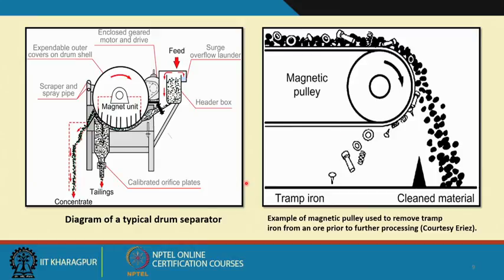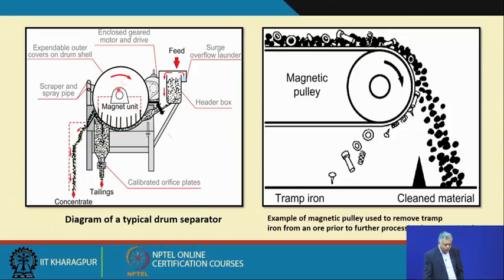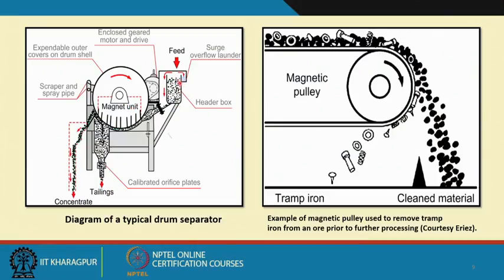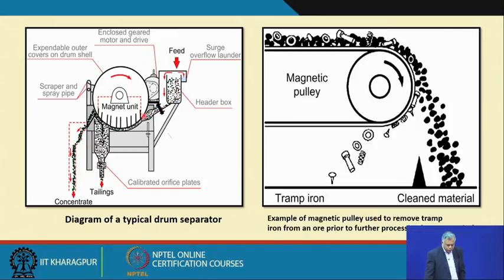These two are showing the two commercial designs of magnetic separators. This is called a typical drum separator. So, what happens here? See that there is a rotating drum, and the drum rotates in this fashion. Why does it have to rotate? Because you have to transport the feed material from one point to another point. The feed may be a dry feed or it may be in slurry form. It is fed through here and the material is forced to pass through this passage, and when it comes here, because of gravity,